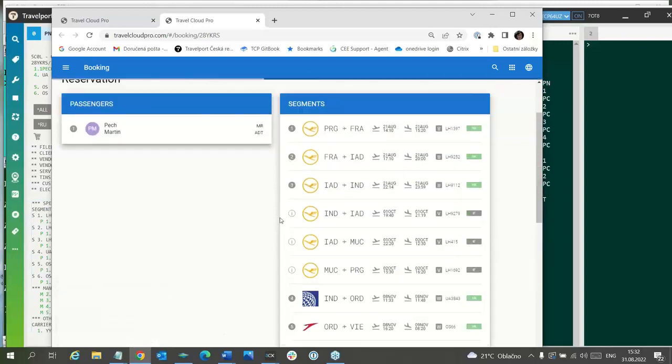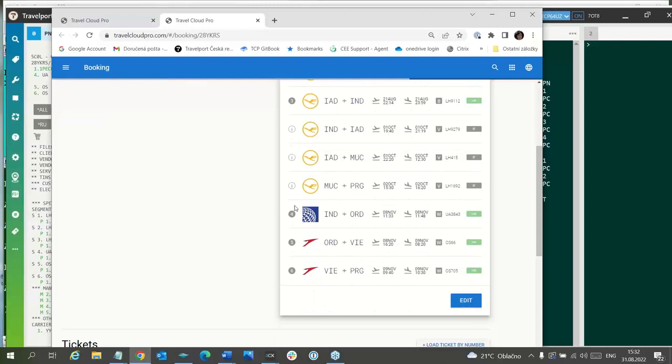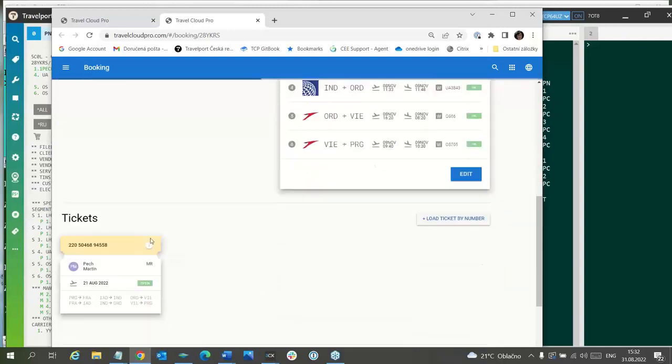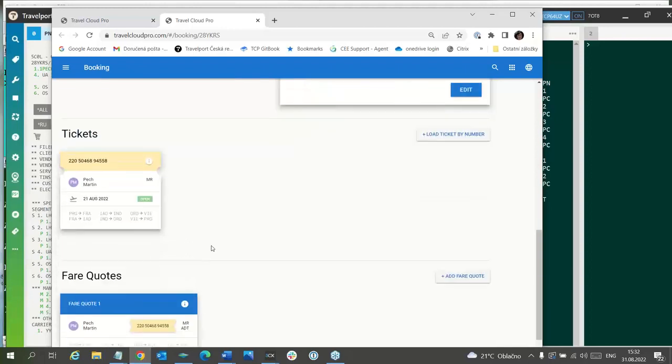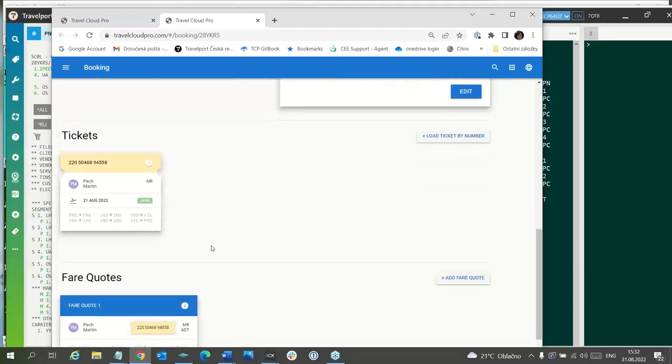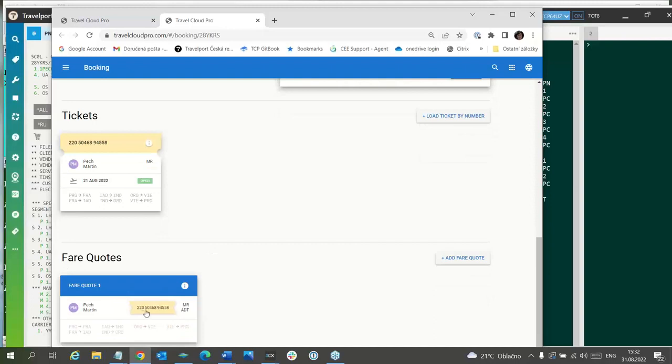So now here are flown segments, here are informative segments, and here is a real segment for return travel. Here is the ticket, and here is the filed fare with the ticket.